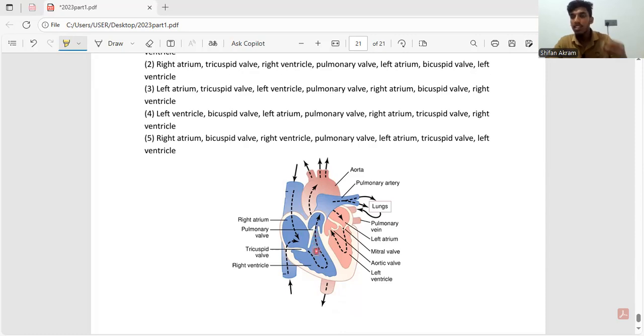Why does this happen? Because they don't have any oxygen, they have to get oxygenated. Now this deoxygenated blood enters into the pulmonary artery, goes into the lungs and gets oxygenated and returns through the pulmonary vein into the left atrium. So this is the left atrium. From the left atrium, the blood travels into the left ventricle through the mitral valve. We also call this mitral valve the bicuspid valve. And from the left ventricle, the blood enters the aorta through the aortic valve. So from the aorta, blood again travels through the whole body.